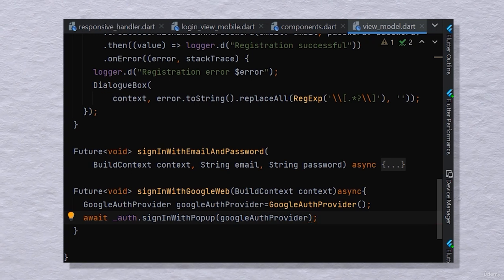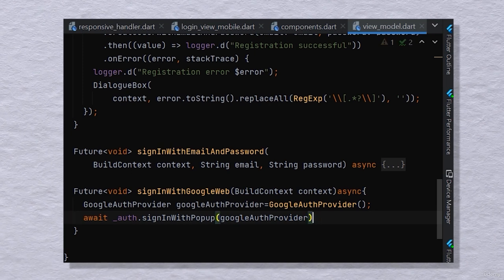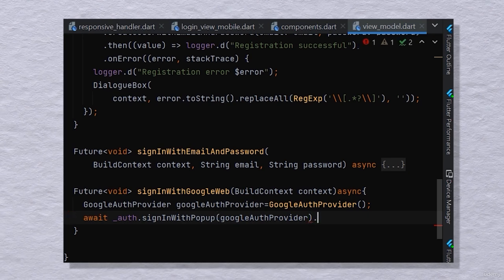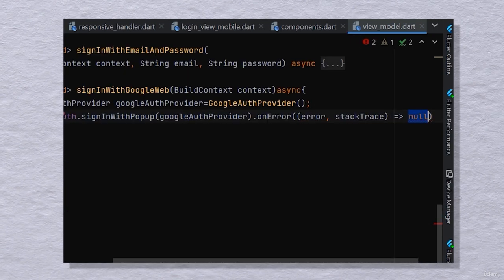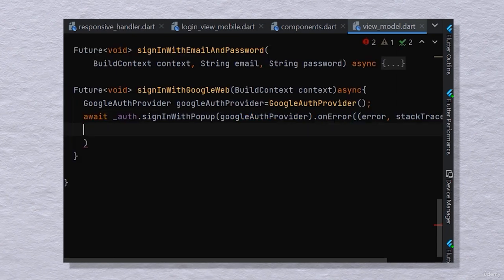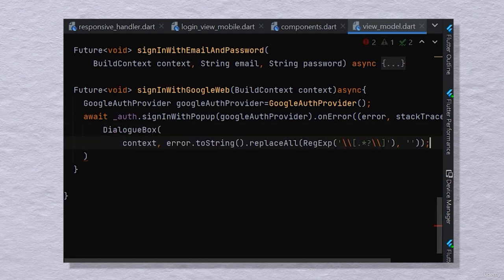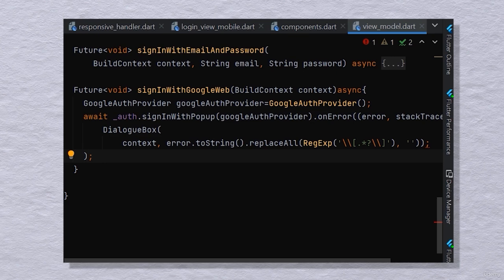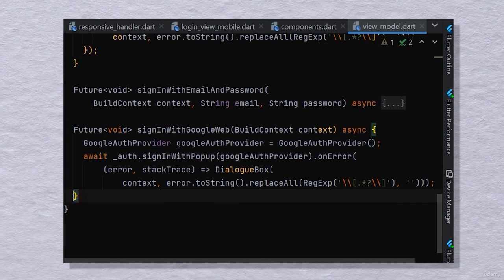And if an error occurs while logging in with Google, we need to display it to the user. So let's put a dot and select onError. We want the dialog box to show the error. So let me copy it from here and paste it. Check if the semicolons are put correctly. At the end of this line, let's write